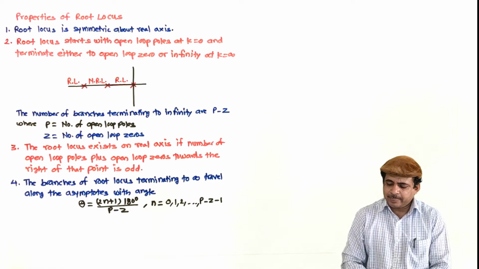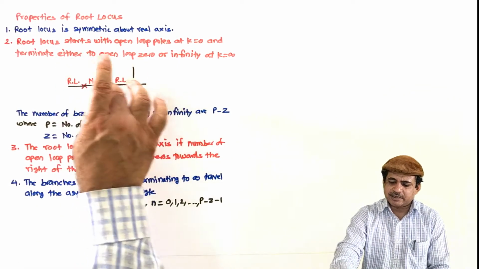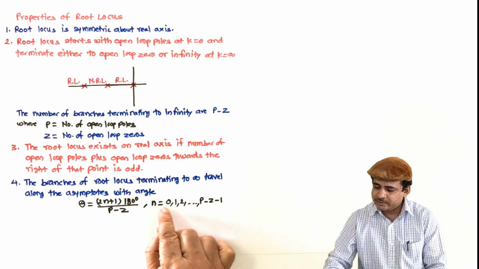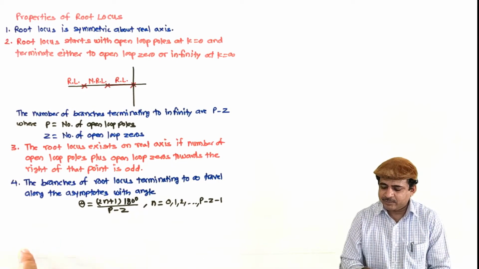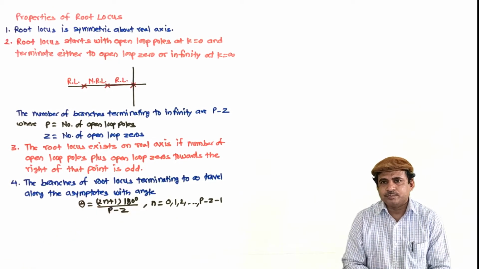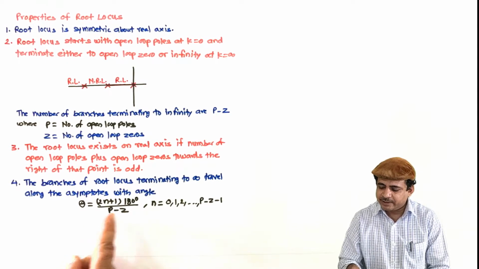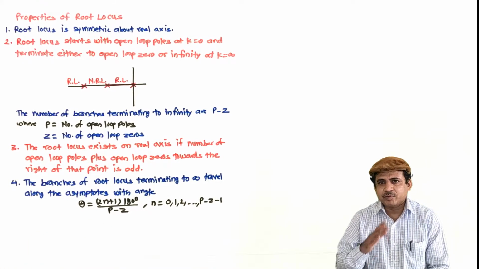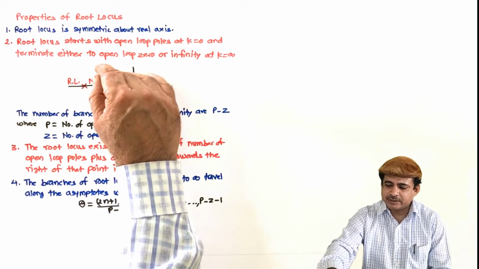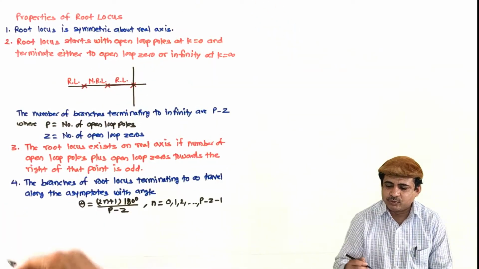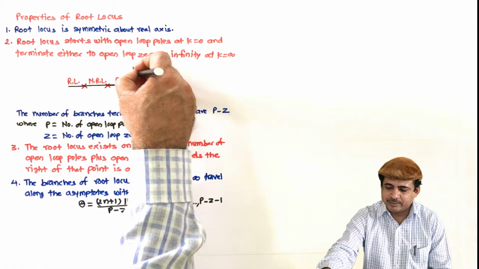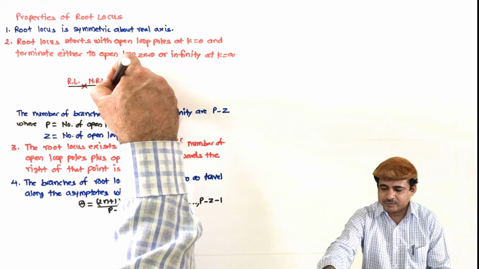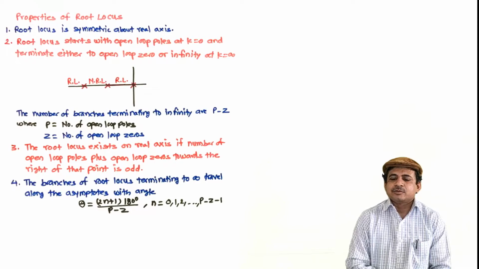And what does it say? Say, for example, in this case, let us consider there are three poles, means n is 0, 1, 2. There will be three asymptotes, as all three poles are moving to infinity. And then angles can be obtained by putting n equal to 0, 1 and 2. So the asymptote angle, when you put n equal to 0, becomes 180 by 3, that is 60. Then next will be 180 and next will be 300. So in the 60 degree direction one asymptote is moving, in 180 degrees one is moving, and the other is moving in 300. 300 means 180 plus 120. So these are the angles.